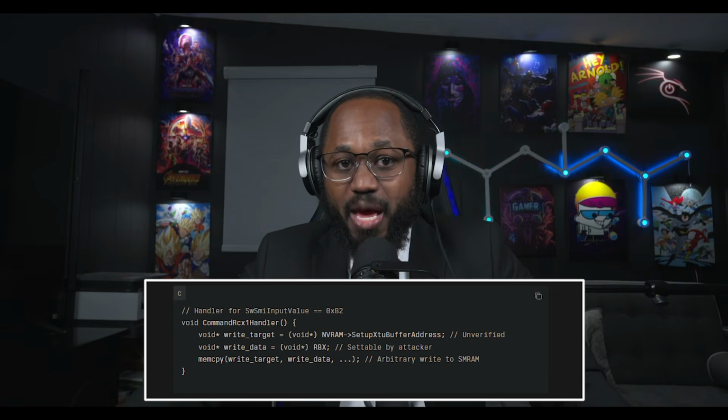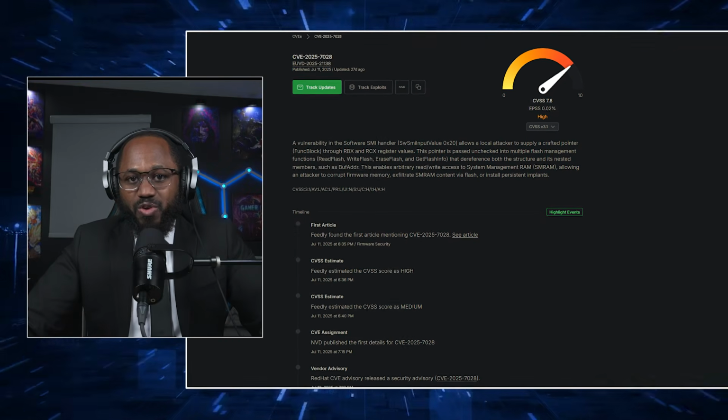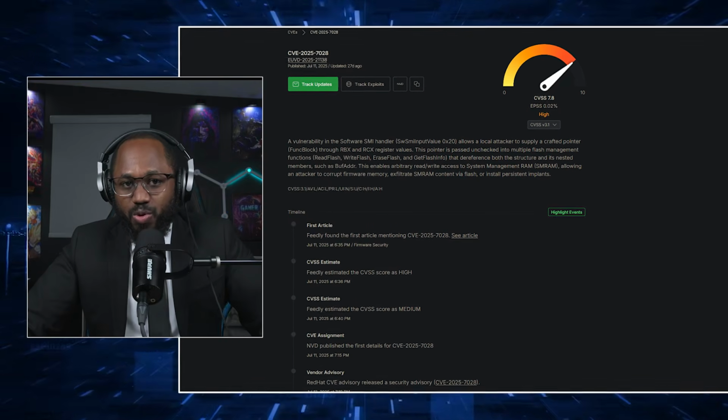Vulnerable code must be enabled on target systems running the affected Gigabyte UEFI. The third of four that we have here is CVE-2025-7028, which is a critical vulnerability in the software SMI handler within certain UEFI firmware modules on Gigabyte motherboards, right? Basically, it allows an attacker with local access to elevate privileges to system management mode, which runs at a higher